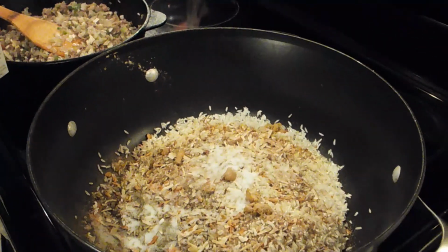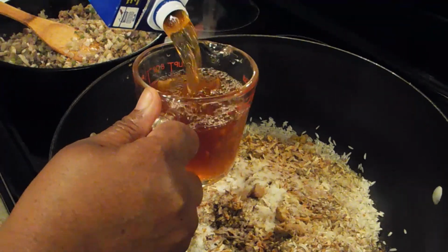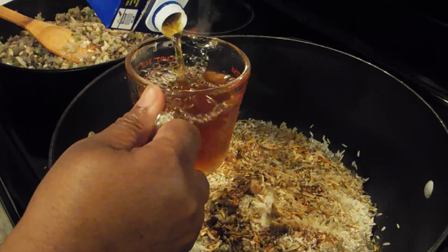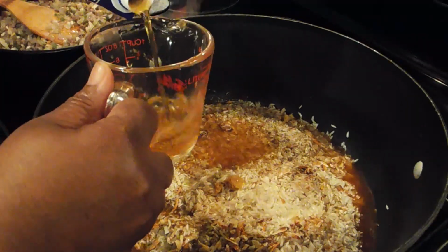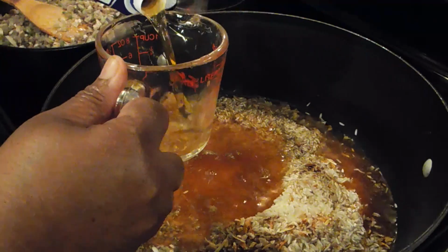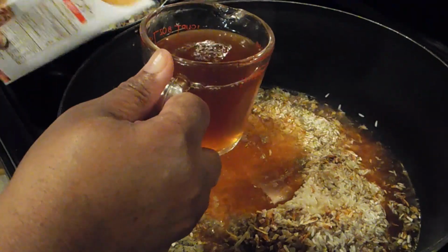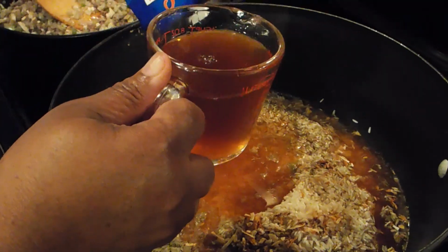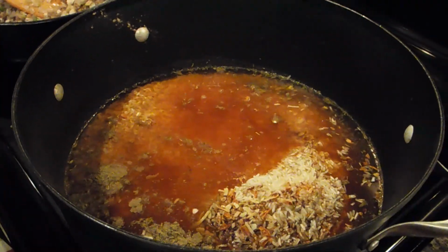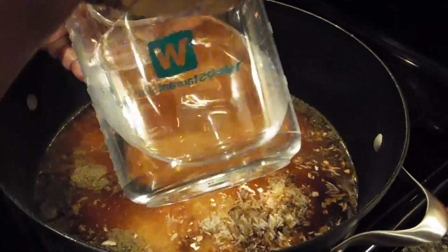Now, I told you I had 3 cups of rice. I'm going to need 6 cups of liquid. So what I'm going to do is use every bit of this beef broth, and then when I run out, I'm going to finish it out with water. Just so you will know, this is a 32-ounce container, and this 32-ounce container held 4 cups of beef broth. So I'm going to finish out the rest with some water. So if that's 4, I'm going to add 2 more cups of water,